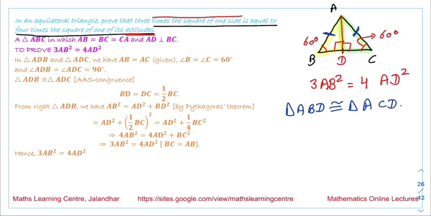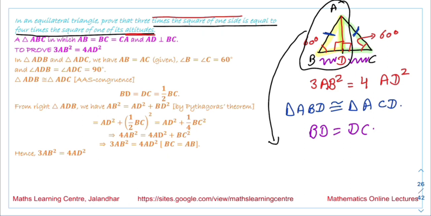Now if these two triangles are congruent to each other, it means the sides BD and DC are equal. Both these values are equal to each other. So in the triangle ADB, we are talking about this triangle ADB, the result we have is AB square is equal to AD